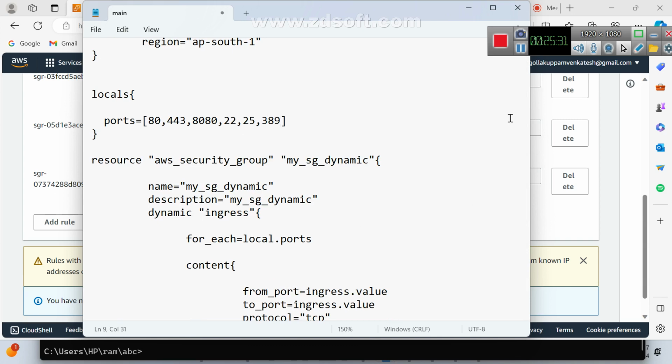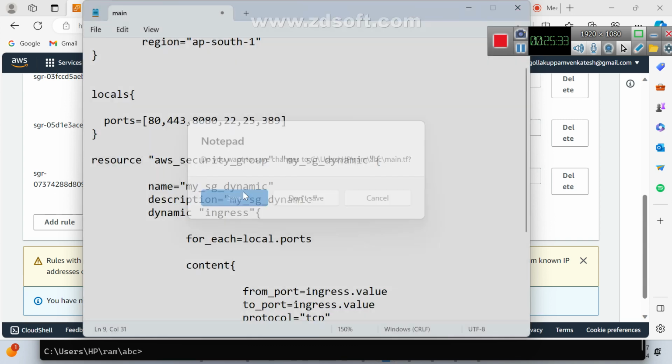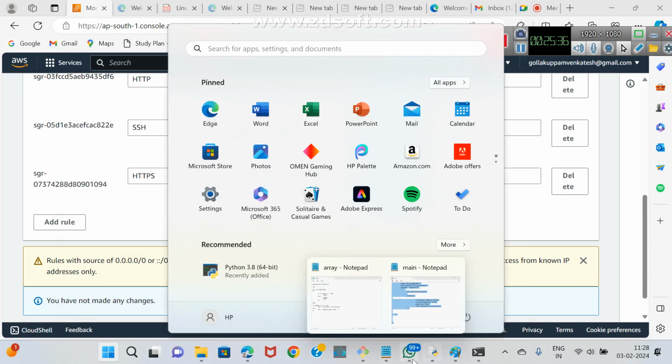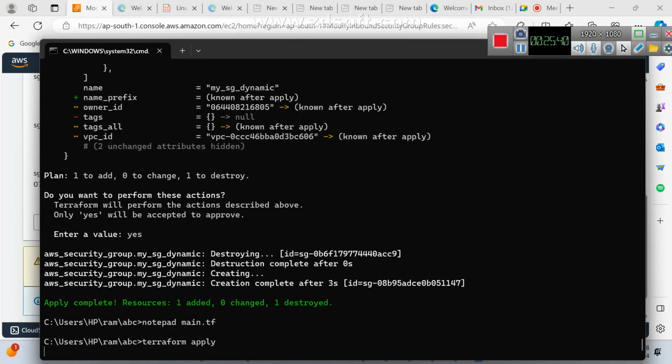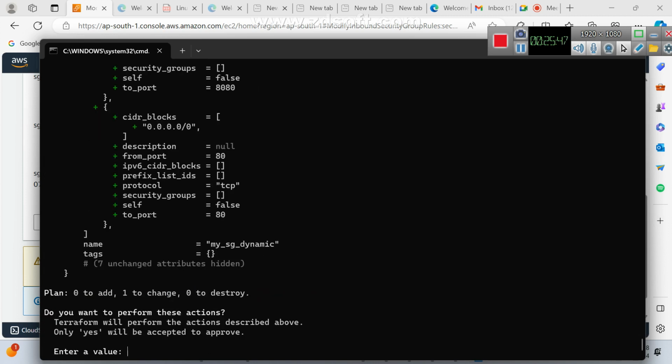I'm adding, and again I'm going to close here. What do I need to do? Rerun this: terraform apply. It may show a change because of the existing one. See, it is not going to delete and not going to create.